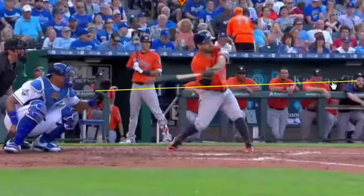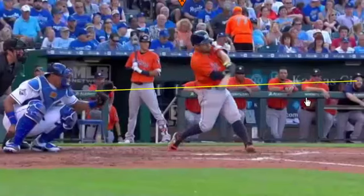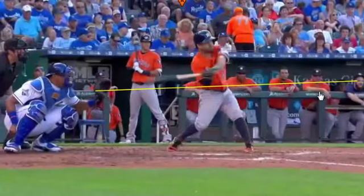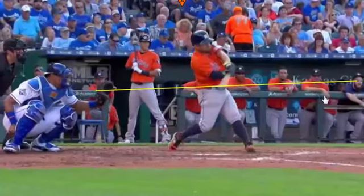So we see him getting on plane early. This is what we say is get on plane ASAP. Get on that plane of the pitch, this imaginary line drawn from the pitcher's release point into the catcher's glove, and then we want to match that plane and stay on that plane for as long as possible. You can see the power V position past impact, or post impact. We don't strive for the V position at impact,